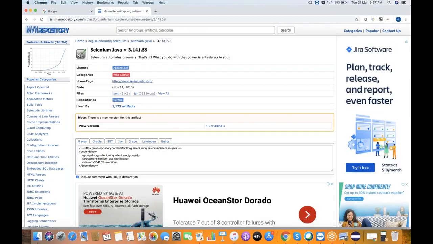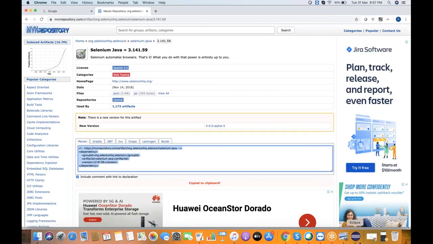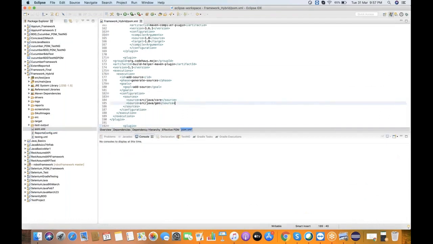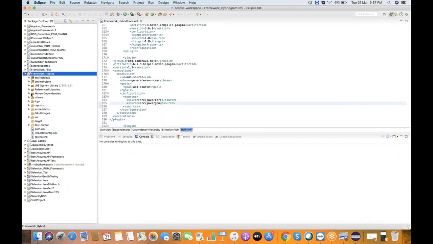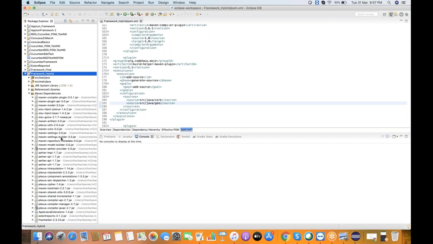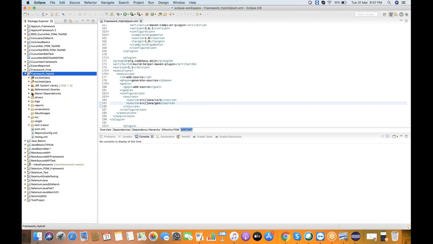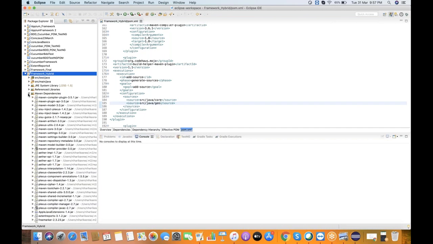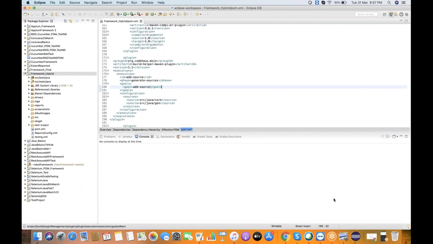So this dependency for Selenium Java, I can copy this and paste it in my pom.xml file. Once I do this and update the project, the jar file will automatically get downloaded and added here. If you want to integrate various things, those dependencies are available as jar files. It's just a file format where the dependencies and everything you need to use from a particular tool are combined into this jar file. If you add the dependency, then only you can see the corresponding additional things it is supporting. Otherwise, if you don't add either the jar file or the dependency, you cannot use that particular tool or framework.